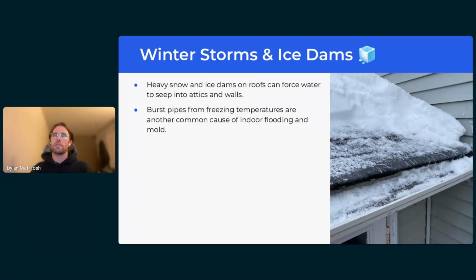You can have ice form inside of the pipes, which can then burst and cause leaks, as well as winter storms followed by a very warm temperature. Here in Chicago about 4 or 5 years ago, I can't remember exactly when, we did have a point in time when there was about 2 feet of snow on the ground. And then we had a very warm spell the following week where all that snow had melted.